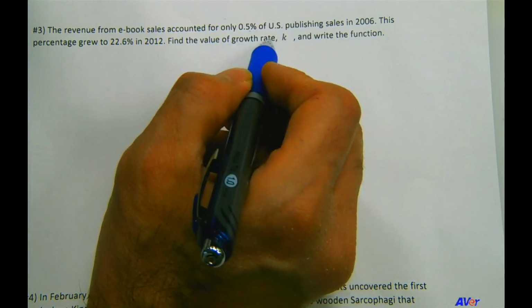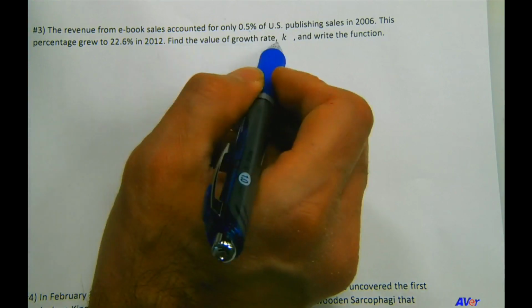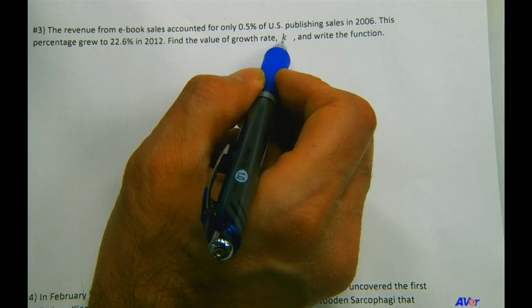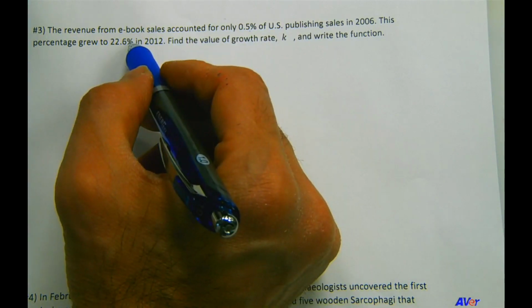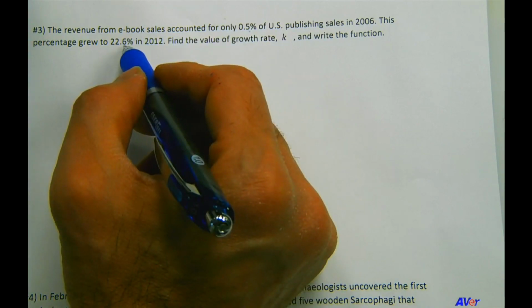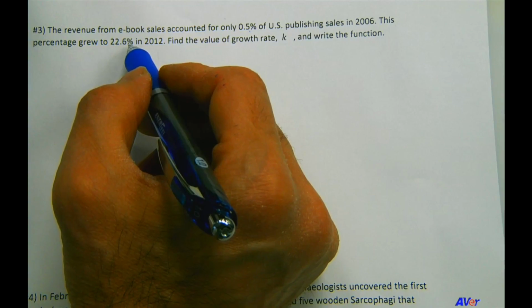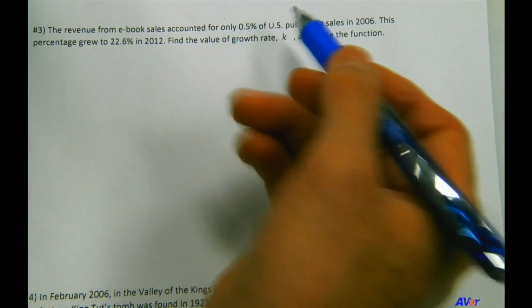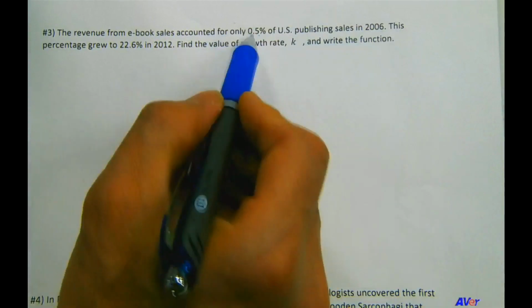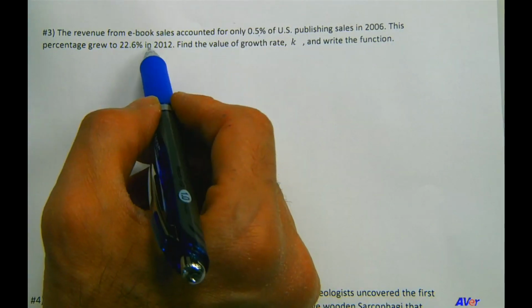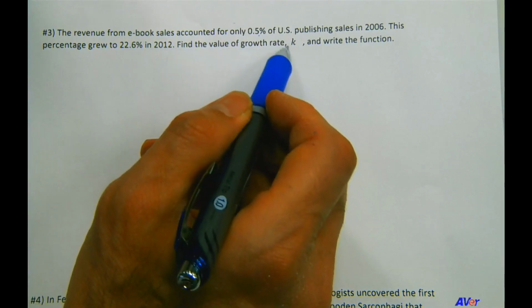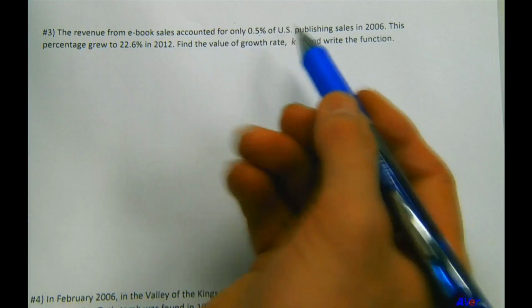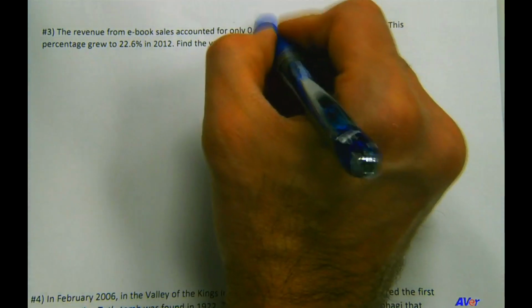So once you get to this point, find the value of growth rate, you say to yourself, well, I thought these were the growth rate. But if I'm looking for growth rate, what is it that these are then? So clearly, 0.5% and 22.6% are not the growth rate, are not k, because k is being asked about. So what are these then? That's the thing. Most people might get confused because these are percentages, and in the formulas we've learned, only k is in percentage, but that's not always the case. So in this case, you can treat this 0.5% as P naught,